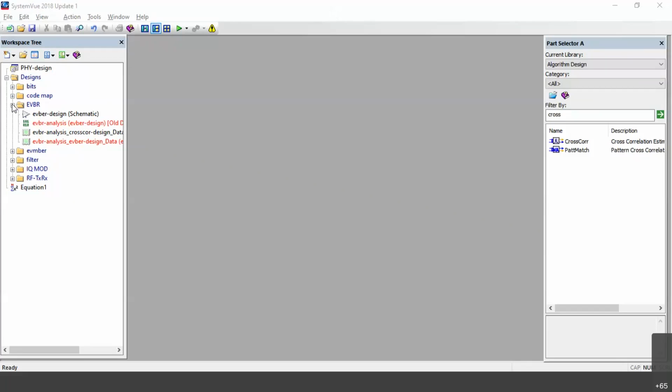So we'll see error vector magnitude. What is the use of error vector magnitude? If the signal is distorted, we can compare the magnitude and phase of this signal in terms of a vector. So we can see, for the distorted signal, how exactly the phase and magnitude are varying.